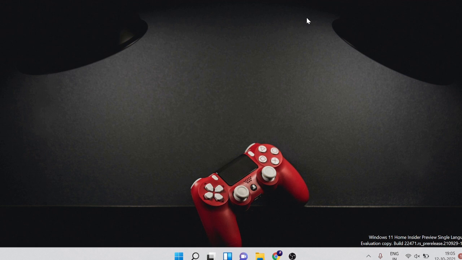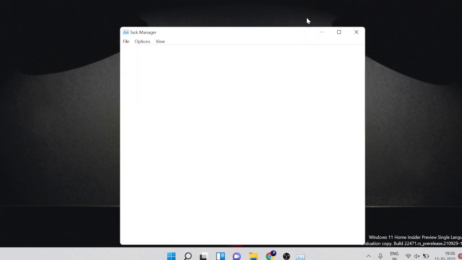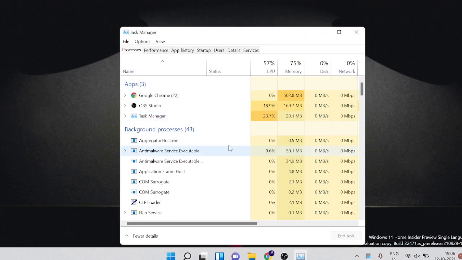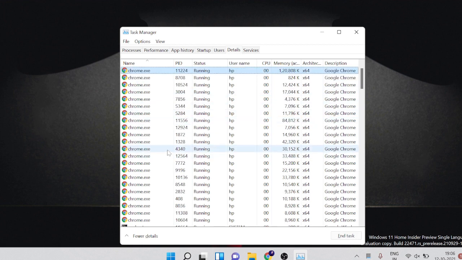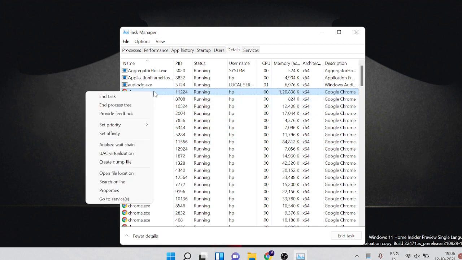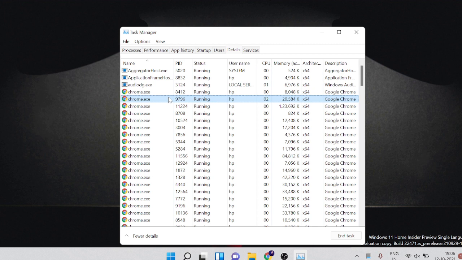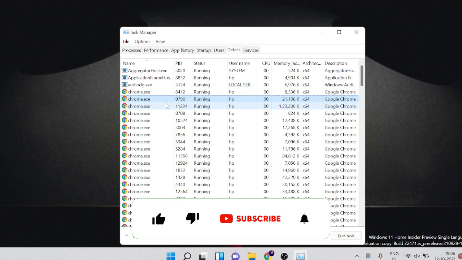So you can do that by opening the Task Manager. You can use the shortcut key that is Control Shift and the Escape key. And here you will find all the applications. Go to the Details section and whichever application, especially if you are not using any browser, you can just close them. Okay, like I don't want to use Chrome while playing Valorant, so make a right click on it and choose End process tree. So it will close all the Chrome files. So make sure you follow all these instructions and apply these settings. I'm very sure that your problem for the Valorant FPS drop will be surely fixed.